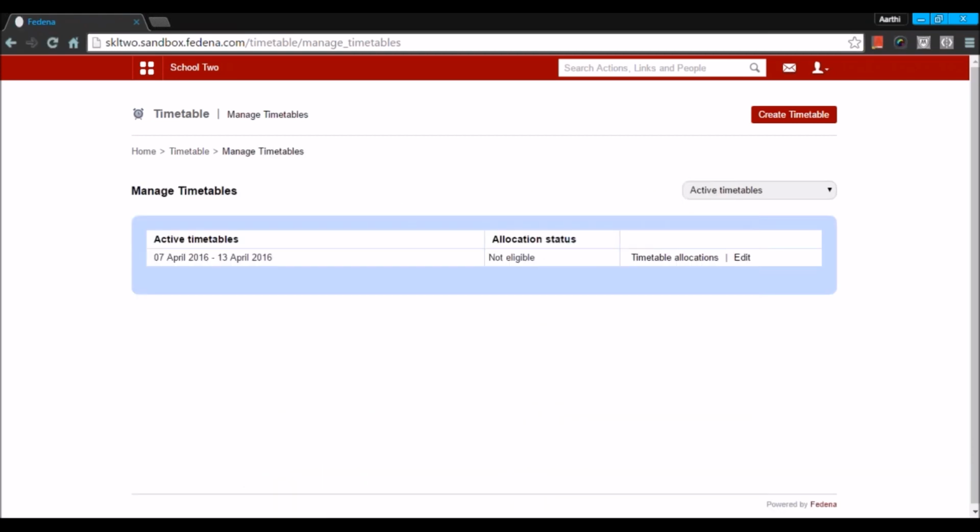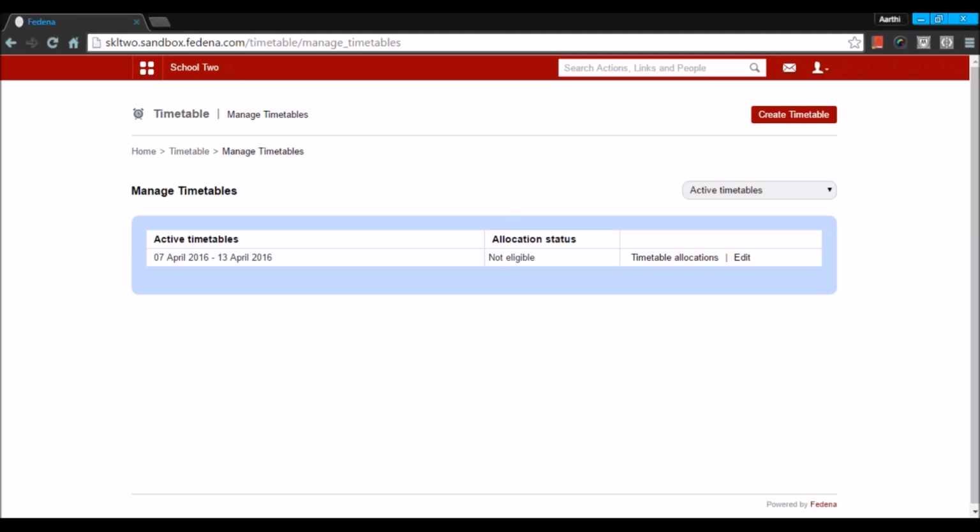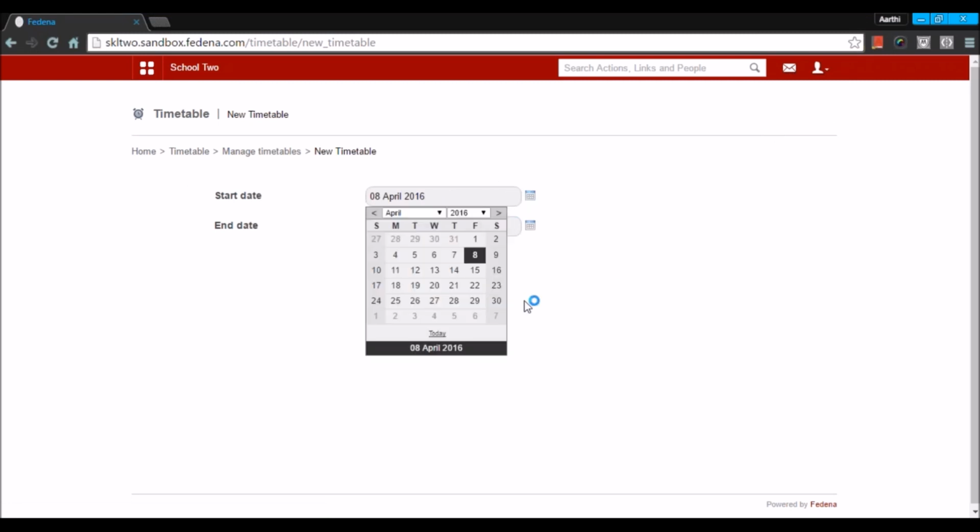Under manage timetable, you're going to create a timetable for a specific date. So you need to make sure the timetable is not having any clash. You can see the existing timetable is 13th of April. So you need to create a timetable that doesn't have a clash. And you should also make sure there is no repetition of any timings, and Fedena will not allow you to create such timetables. Go for create,